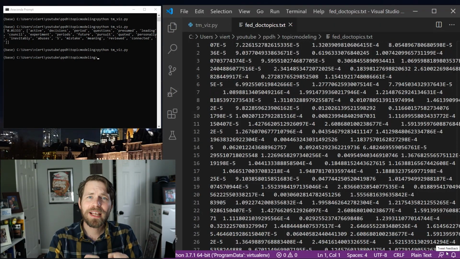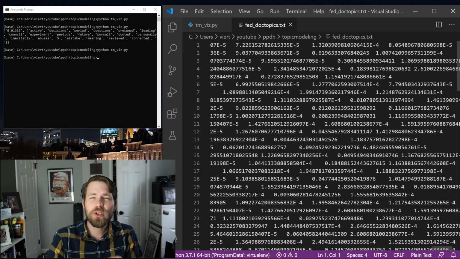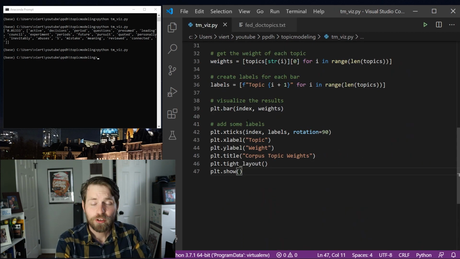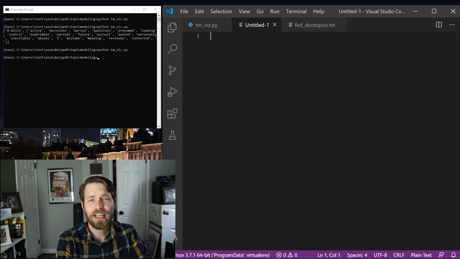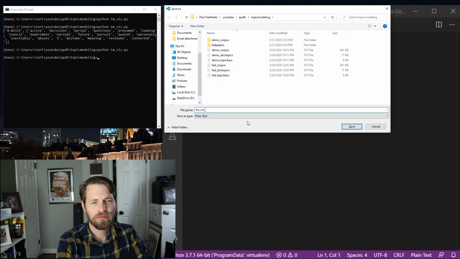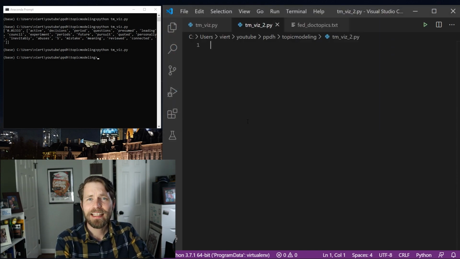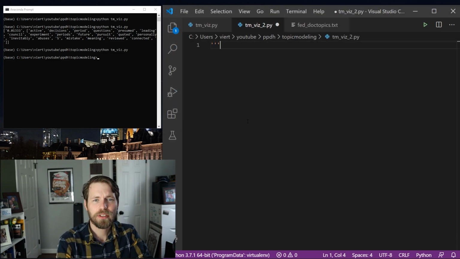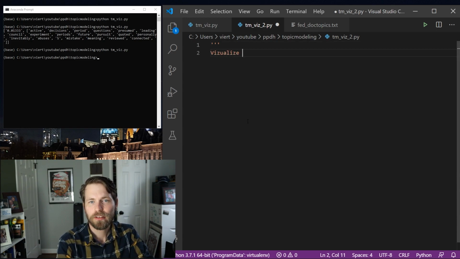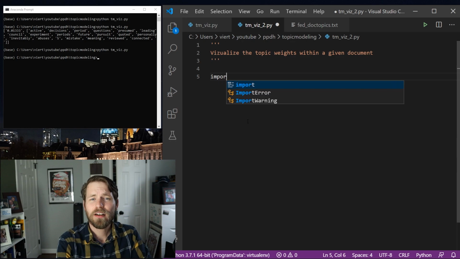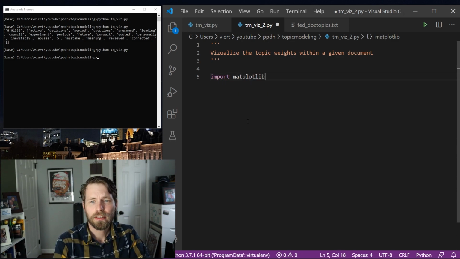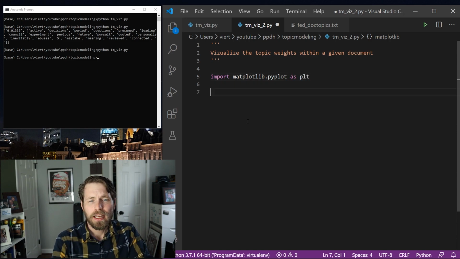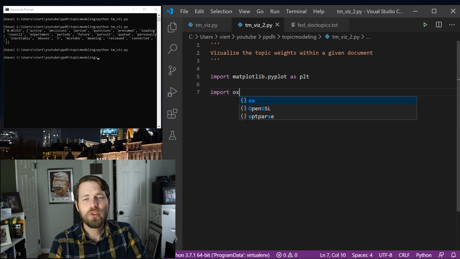So this formatting is slightly different than what we were just working with, so we do have to rearrange things a little bit. So for this next step, I'll go ahead and create another file that I'll call tmviz2.py, and we'll get started. So here we're just going to visualize the topic weights within a given document. And here I'm going to import matplotlib.pyplot as plt. And I'm also going to import os